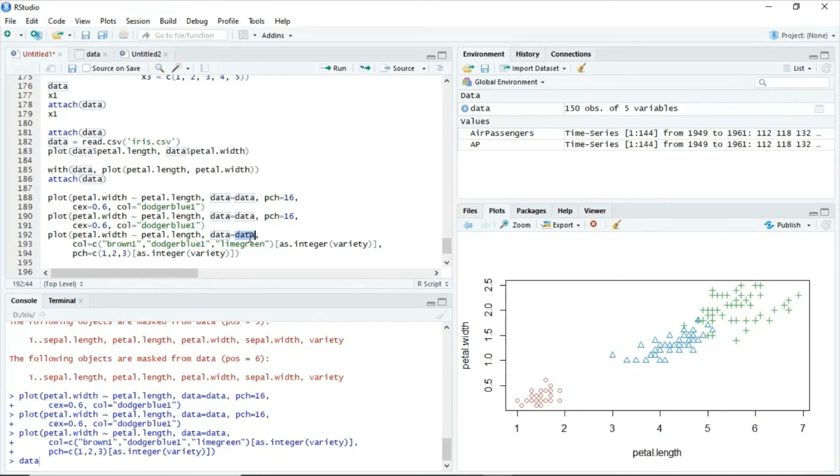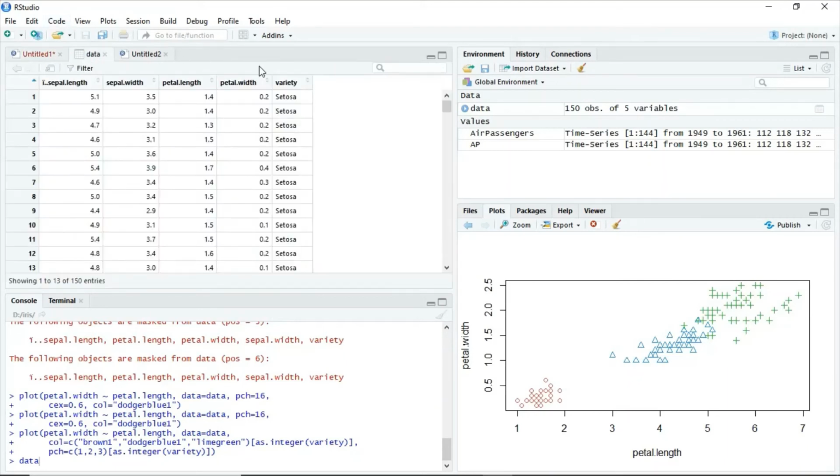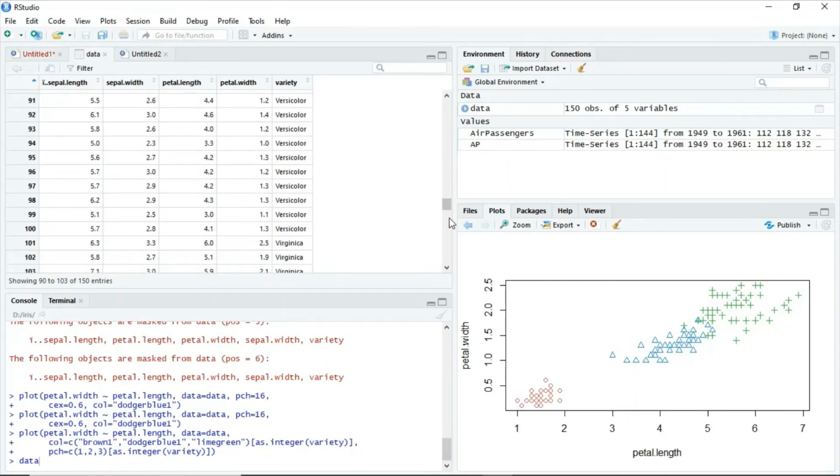Data frame in the data object. Now try to understand, I have used three different colors because from the initial plot we know that we have three different species. Whenever we are talking about the Iris data set, it was very clear to us that we have three varieties. Here I have mentioned variety as.integer. Why? Because variety is the column name under which we have our types. See the data set? This is the variety column under which I have my different species names.